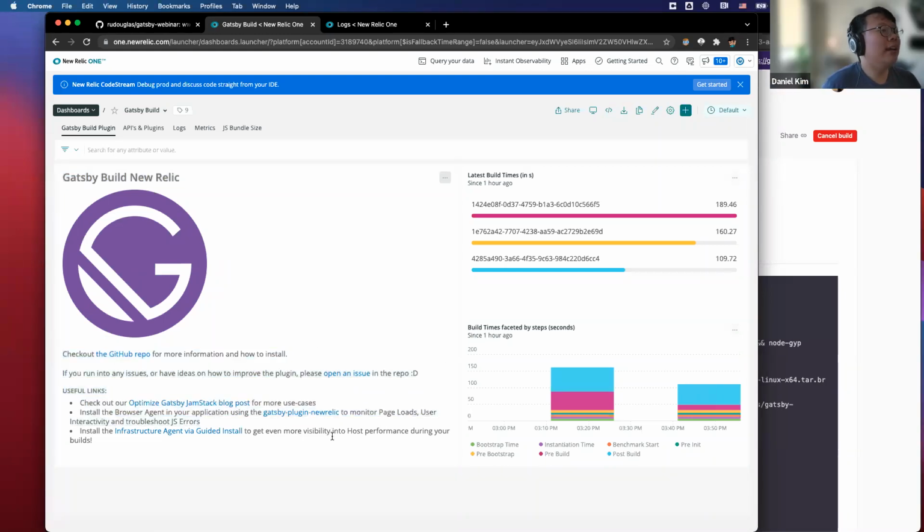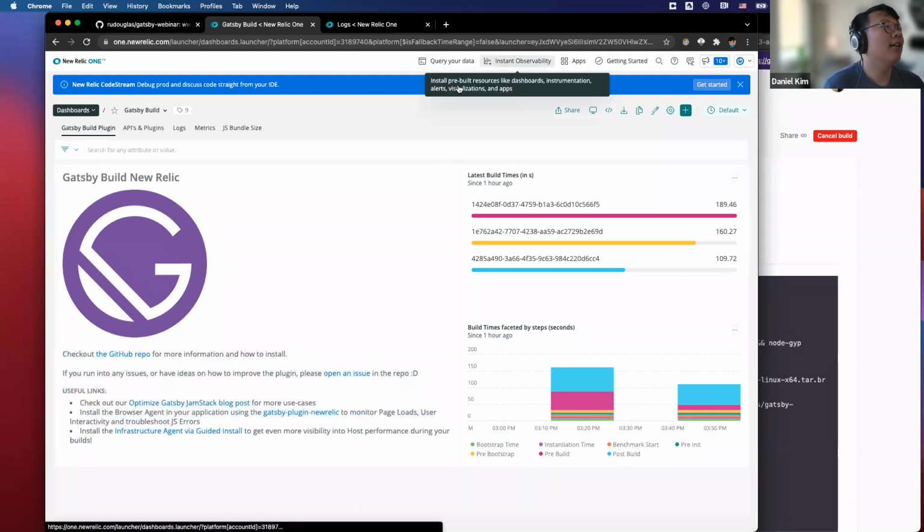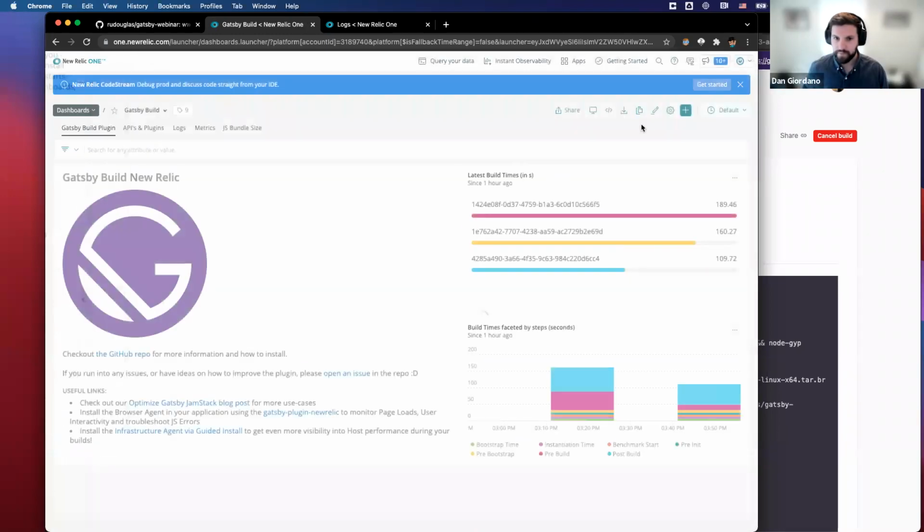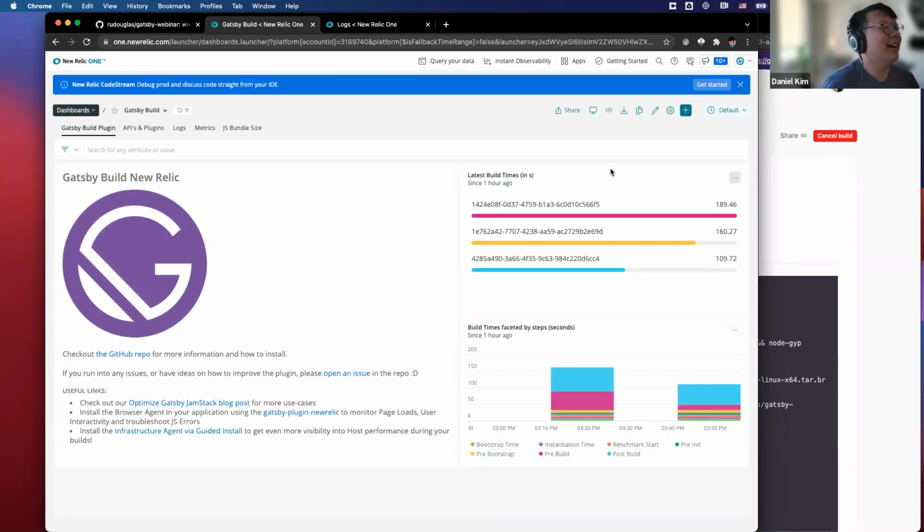Yeah, so we kind of deprecated that dashboard because we wanted to use instant observability. So this is more easily accessible. And there were some issues with tracing that we had to resolve. And instant observability kind of magically appeared in front of our eyes and was like, we will solve all of your bugs that I don't want to follow up on Jira on. And I was like, yes. So that's kind of why it's different than the blog post. But the one that will be coming out on Gatsby's blog will have the updated instructions.